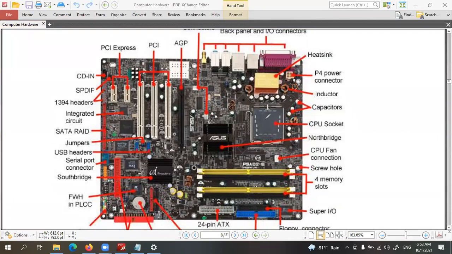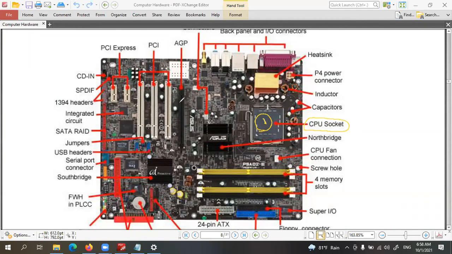one is this here. This is the CPU socket. This is where we are going to connect the CPU, the central processing unit, into the motherboard.